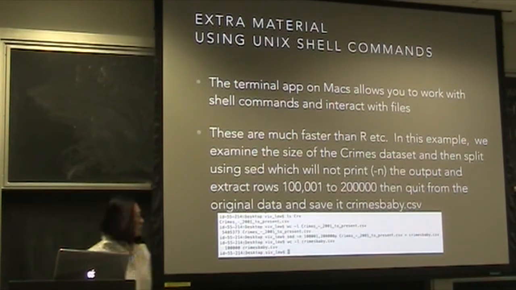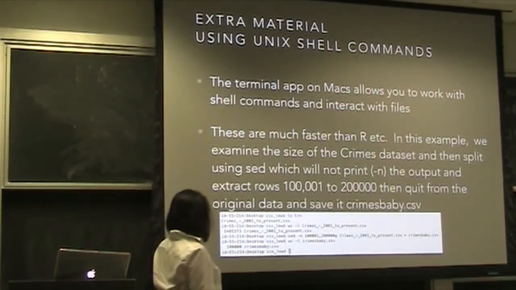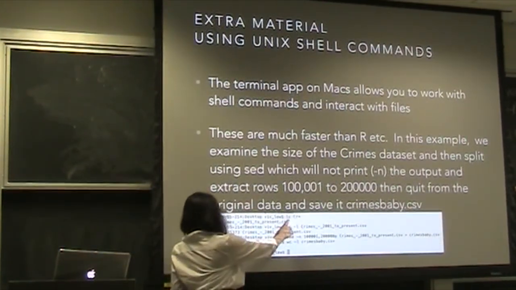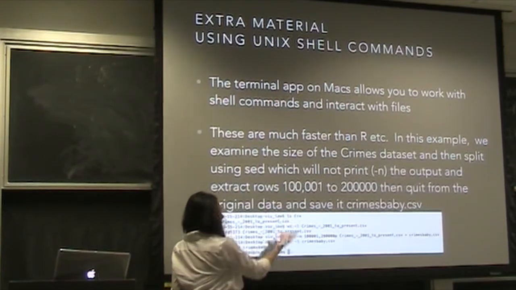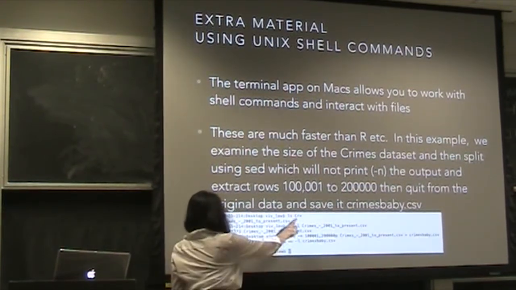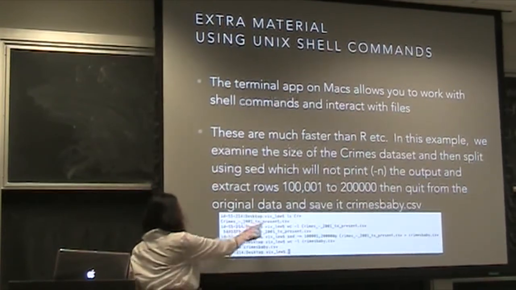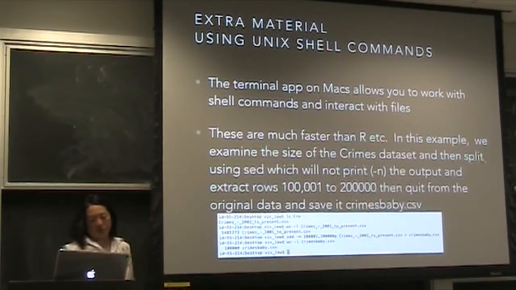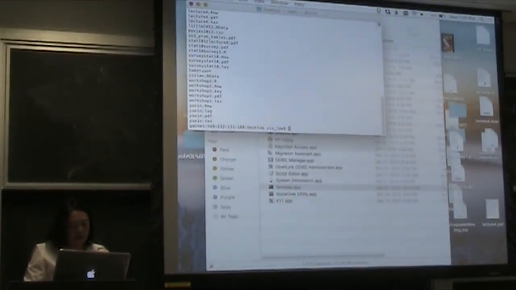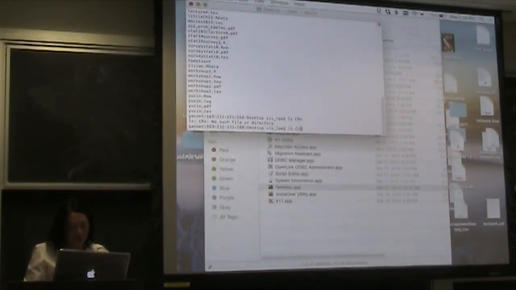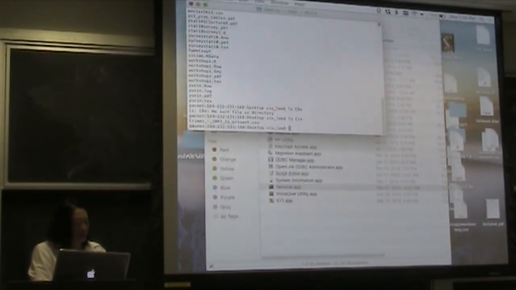So in that little window, this is all I did. I asked ls, which just gives me a list of the directory, and cr star, which is anything that began with cr. So here I can see my crime data on my desktop. I can probably do it for you now. Okay, so I'm on the desktop, so I can say ls cr star. Oops, c lowercase. And so there it is.